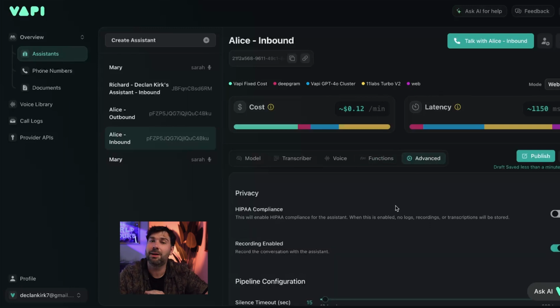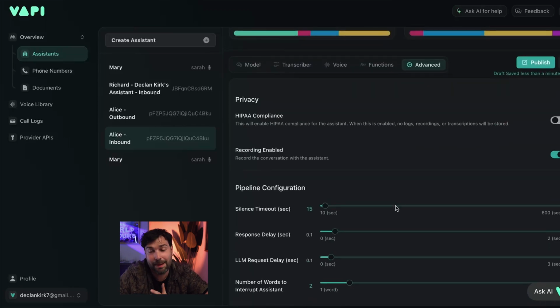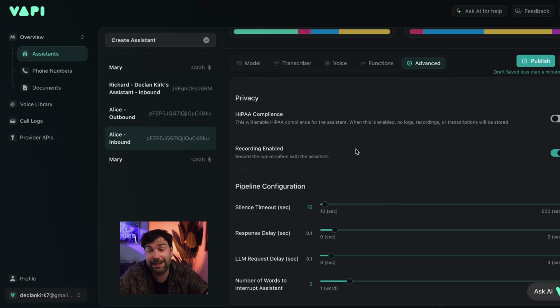Even though it's called advanced, I wouldn't get put too much off by it. It really is just another section of Vapi. So here, whether we need to use these or not will be up to you and your specific use case, but it's good to at least understand and know that they're here. So we've got HIPAA compliance as the first one, and we can toggle that on or off. That's effectively a set of protocols or safeguards that the system can follow if you want it to. We've got voice recording or recording enabled.